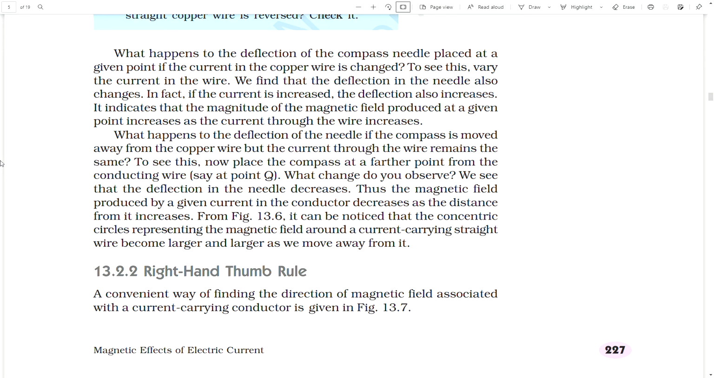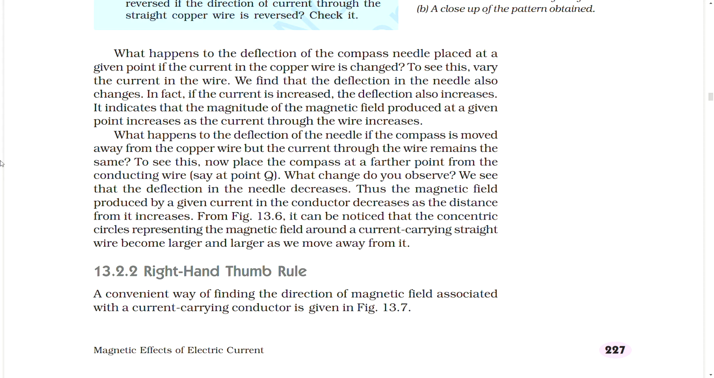What happens to the deflection of the compass needle placed at a given point if the current in the copper wire is changed? To see this, vary the current in the wire. We find that the deflection in the needle also changes. In fact, if the current is increased, the deflection also increases. It indicates that the magnitude of the magnetic field produced at a given point increases as the current through the